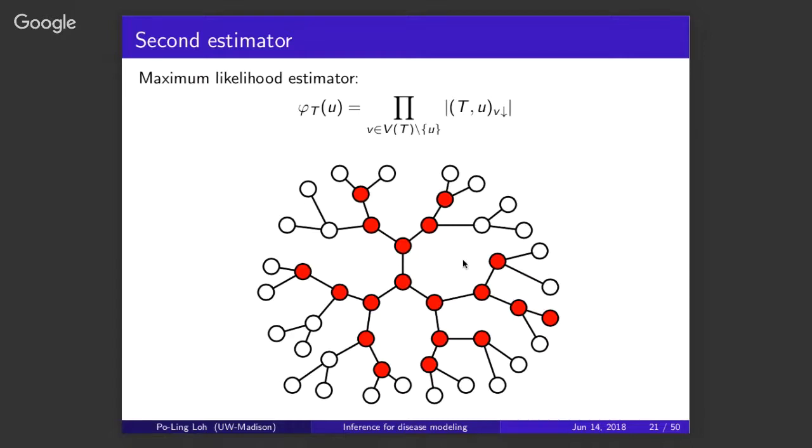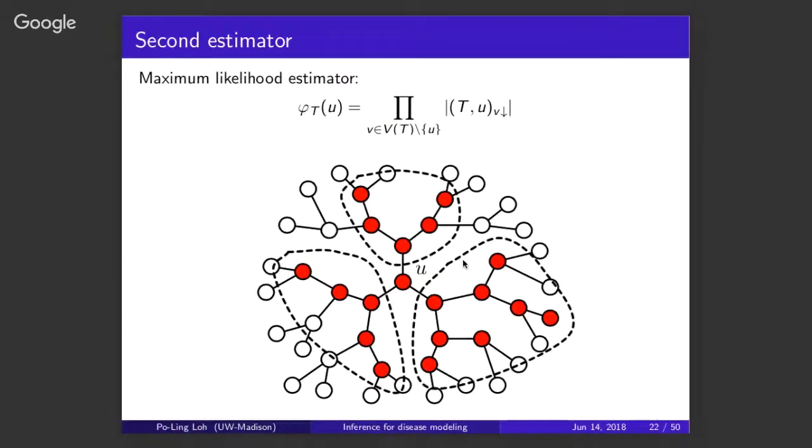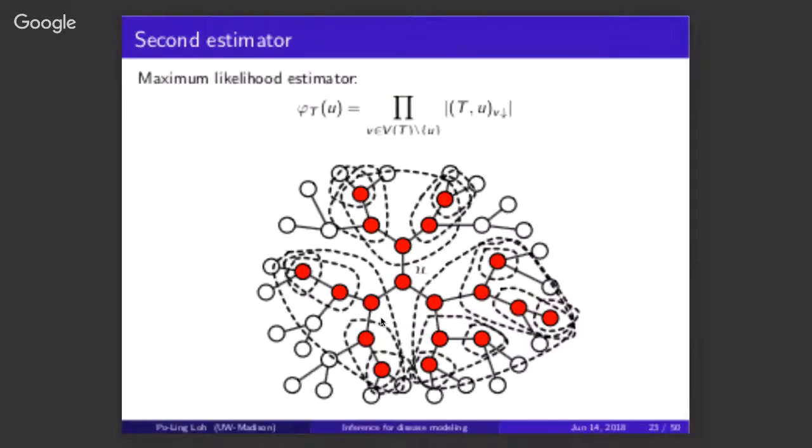So again, I'll illustrate it in pictures. What we want to do is calculate a criterion phi, and this criterion is going to be somewhat different than the previous one. So we're going to call this one phi, and the other one is psi. For the phi estimator, what we take is a product of trees. And now instead of just taking the product of these 3 trees that I've circled, what we actually want to take is the product of all subtrees in the graph that are originating from any node. So the picture is here.